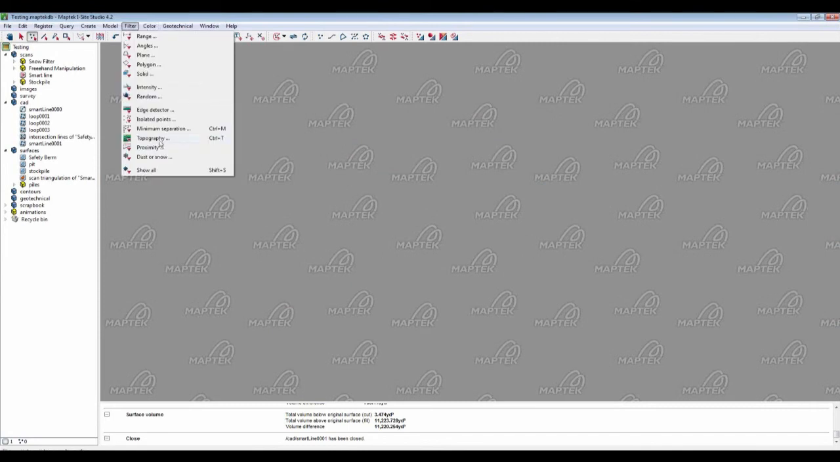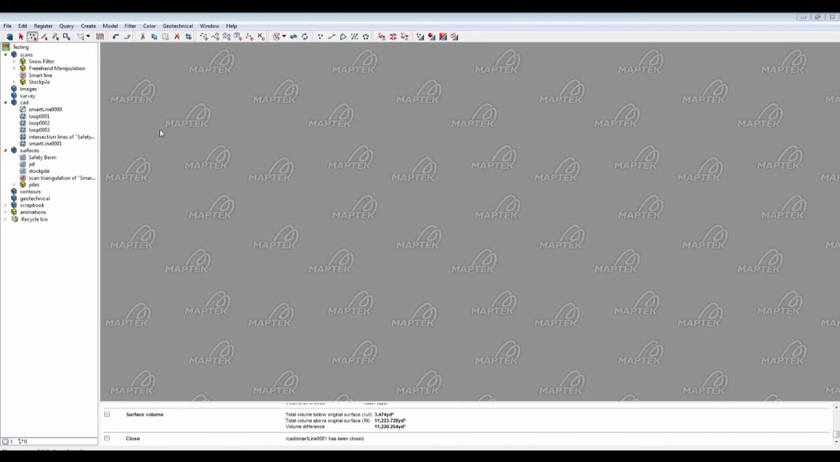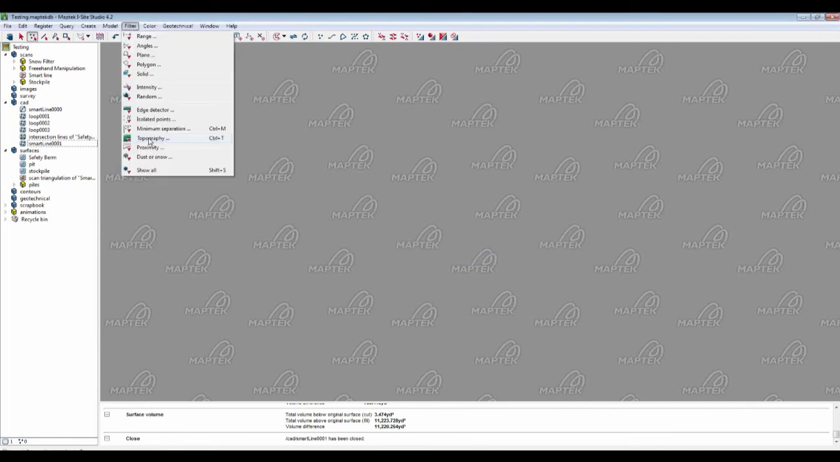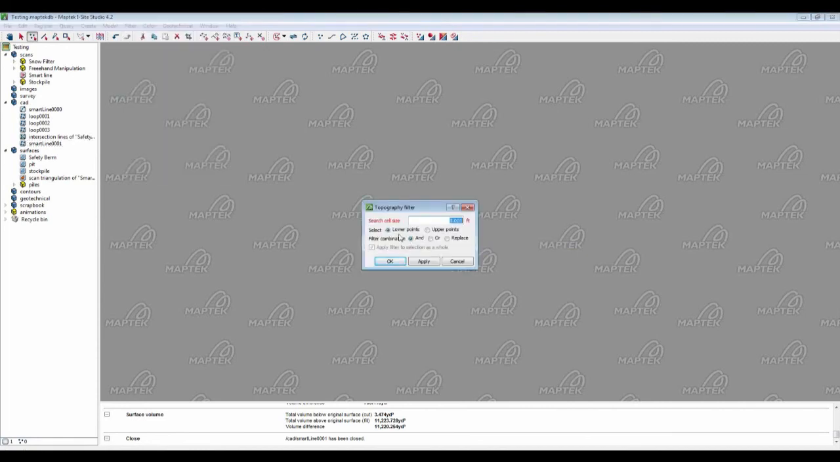And what the topography filter does is basically it utilizes the same principle as a minimum separation, where you're keeping a point every so far, so in this instance 2 feet, but topography actually gives you the option to apply another level to that. So I can actually keep the lowest point. So with trees and shrubbery,